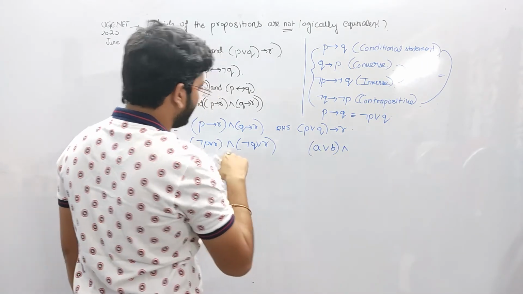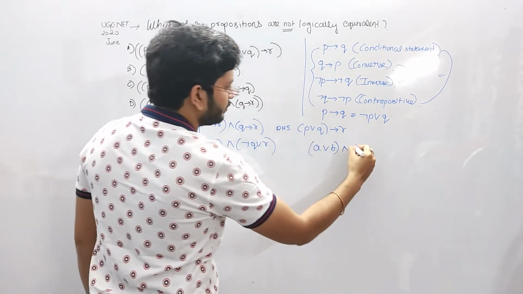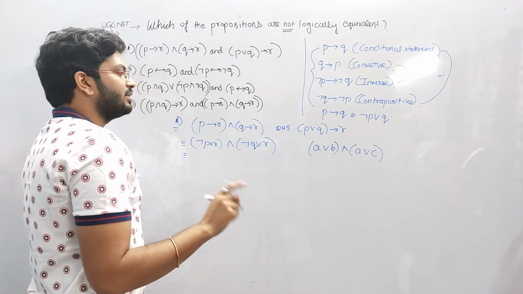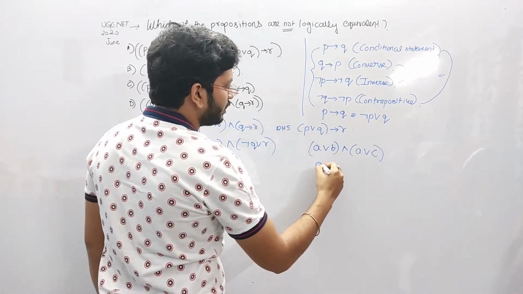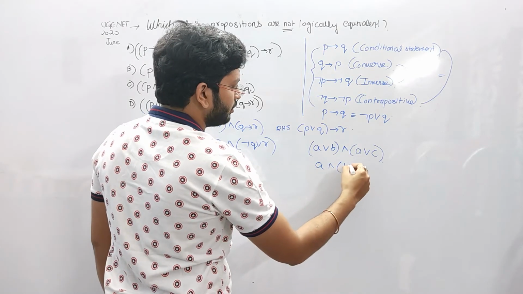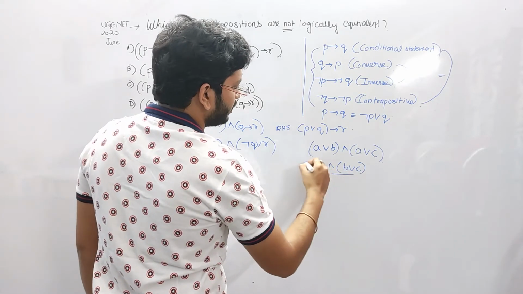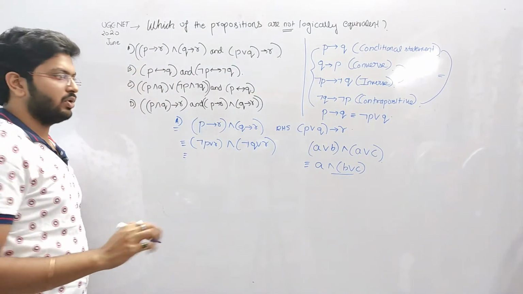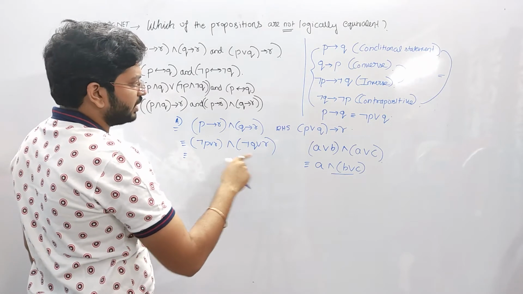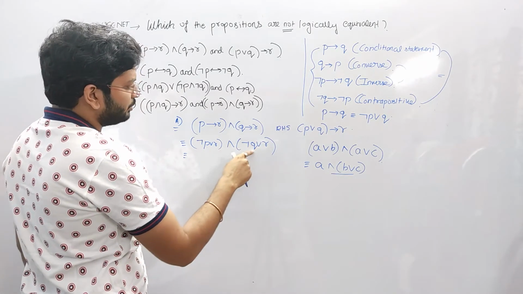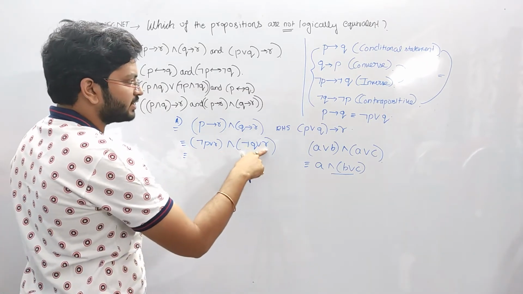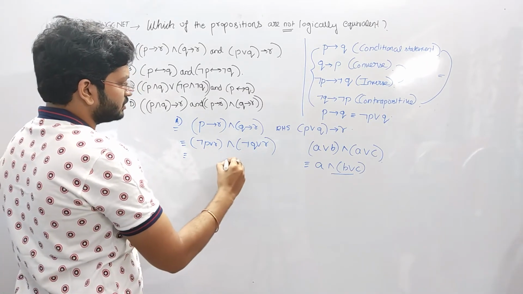I have in between A and... This one is, suppose, A or C. Okay, and this will simply rule out to A and B or C. Simply the distributive law. Okay, A and B or C. So I will simply be using this rule here. It is A or B and A or C. So in this case, suppose this part is my A, I will be writing, suppose it will be here